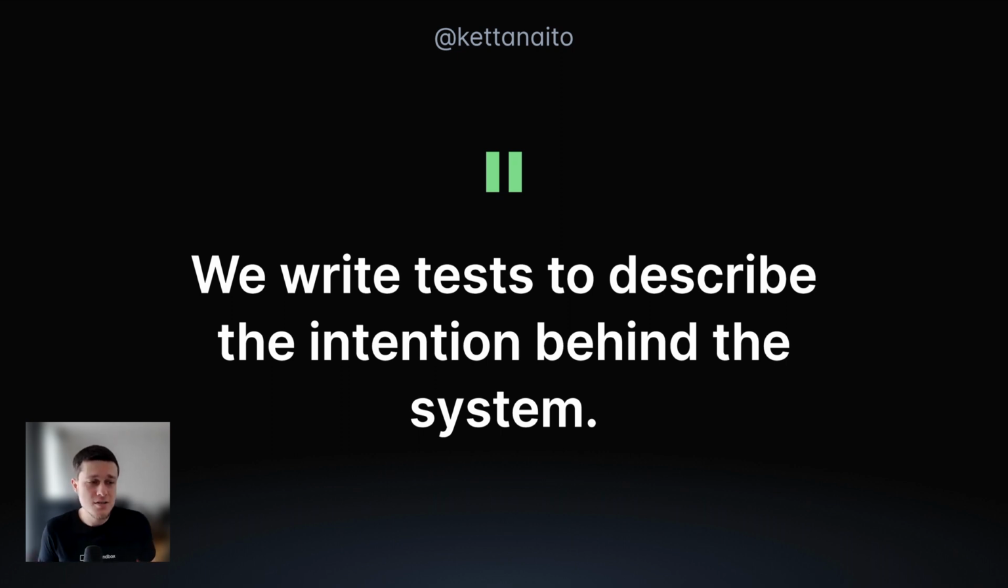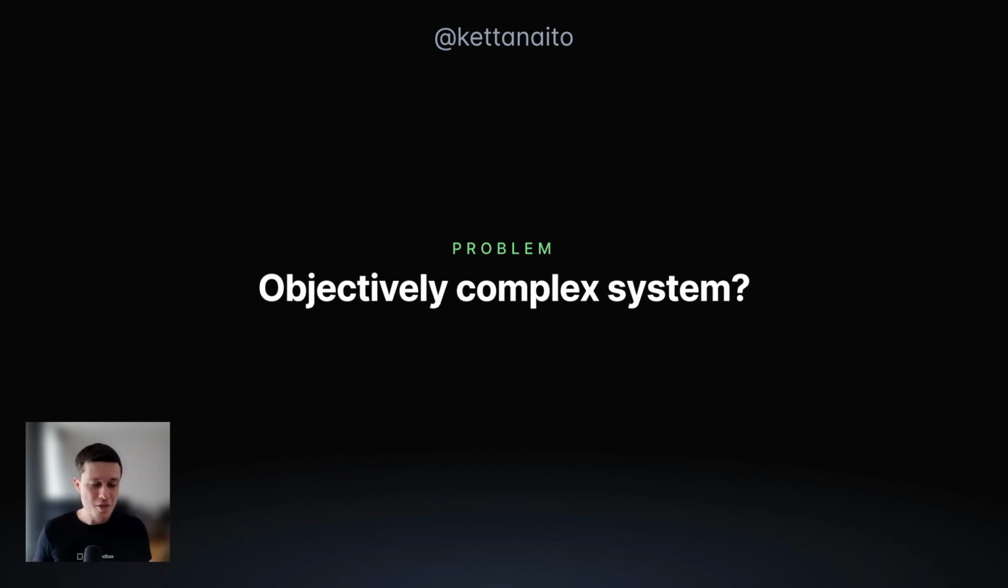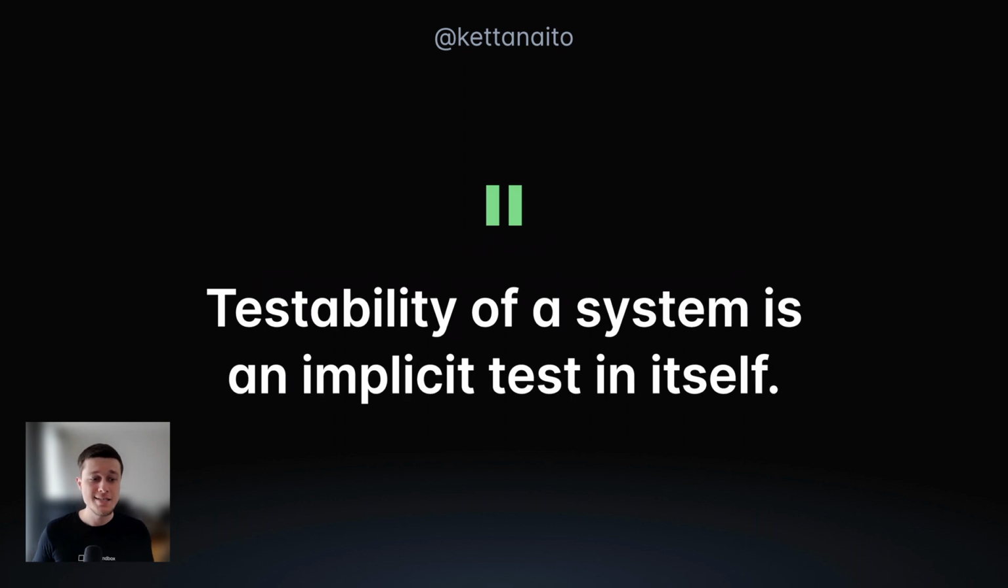Because if it's not, chances are you can drop this test and still lose no value in your testing setup. And then the other thing is that, well, real world is quite more complex than that. And sometimes there are objectively complex systems, right? Or are there? Because one thing I love about testing is that the testability of the system is an implicit